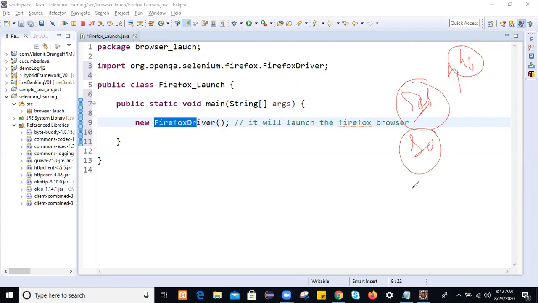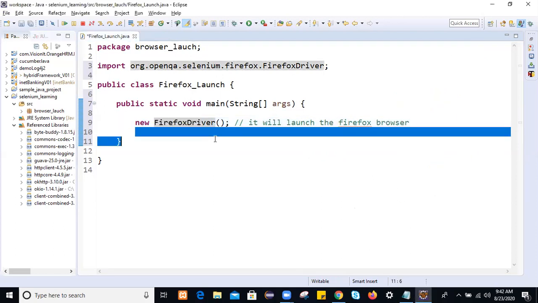If you are working with Selenium 2 and the browser version is below 48, you can directly launch by using this statement. But with Selenium 3, which we are currently working with, and a Firefox version above 48, you have to set a system property for that browser. Otherwise you will get an IllegalStateException at runtime.